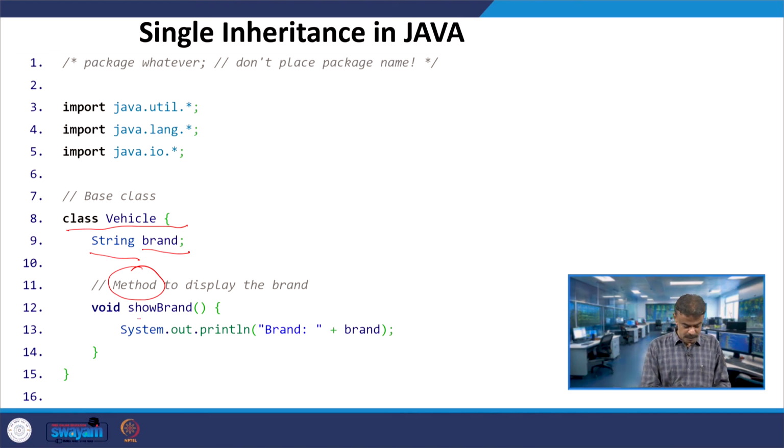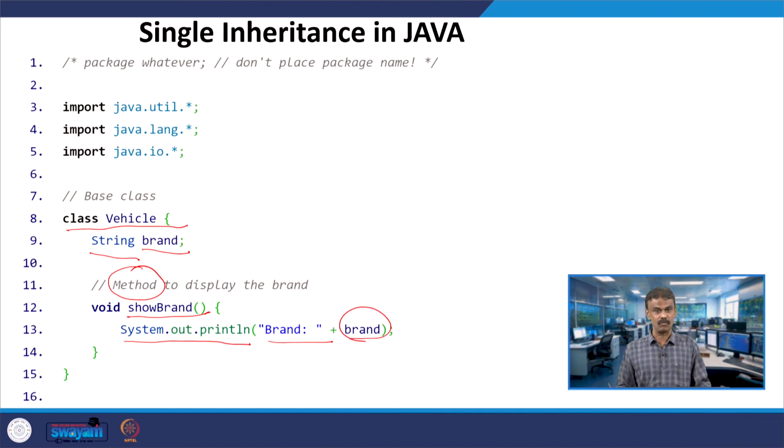We have a method called show brand. The return type is void and you have only one statement, system.out.println, which will print the brand in double quotes and then whatever the string of brand is.